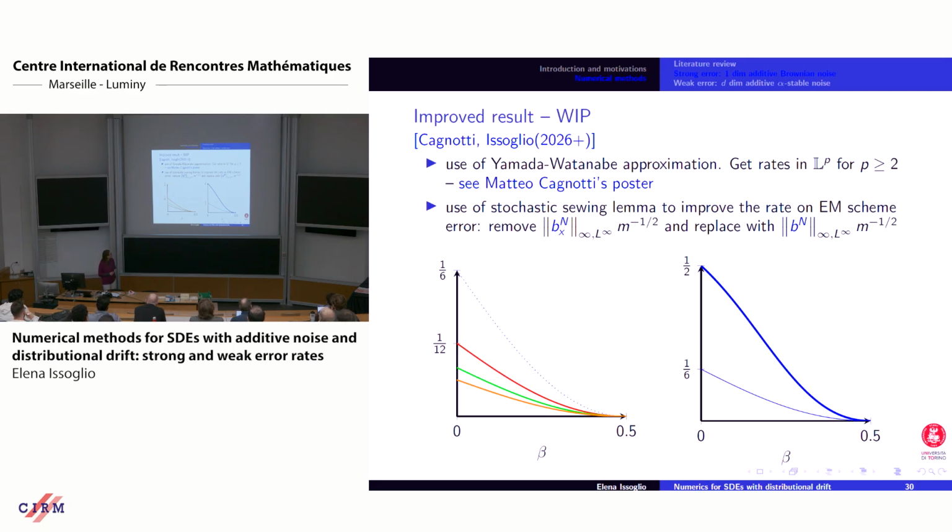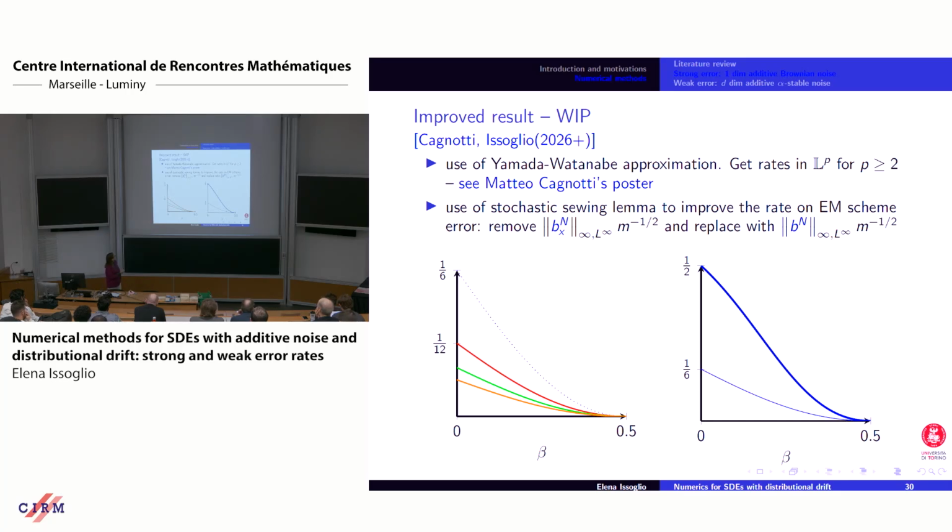Right, so we are improving the rate. There's one first improvement, which you can see in Matteo's poster on Thursday, and the pitch today, I think. He worked with L^p rates instead of L^1. So this is the ugly rate that we have in L^1, but we were not able to work in L^p, and he worked out how to do it in L^p. For p, obviously, this is also not optimal, but at least it is in L^p. And these are three values for three different p's.